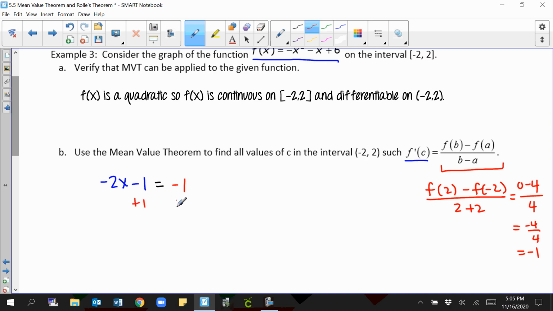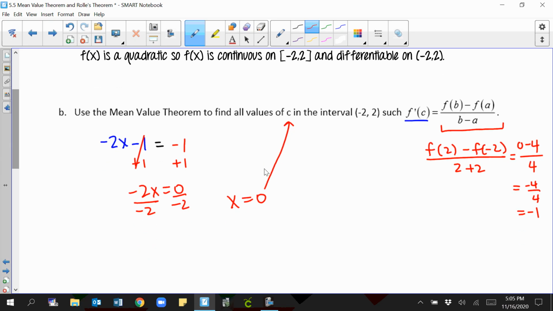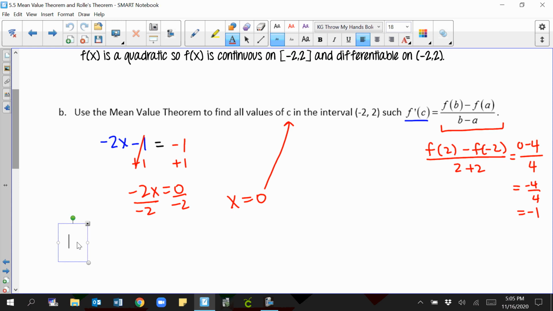So I can add 1 to both sides, so negative 2x is equal to 0, and divide both sides by negative 2, so x equals 0 is our value for c that the mean value theorem guarantees for us. So just real quick, I'm going to show you how you would write out that explanation dealing with the mean value theorem. Like I said, you need to start with f of x is continuous and differentiable,